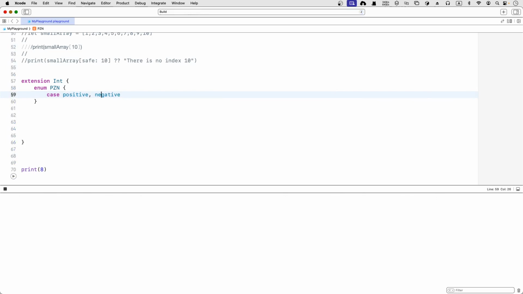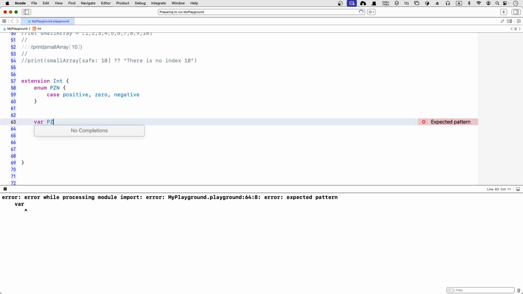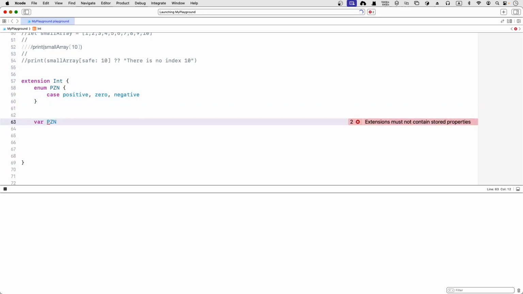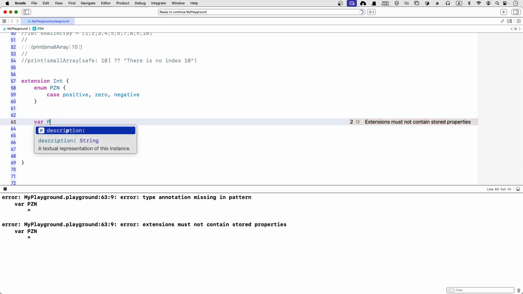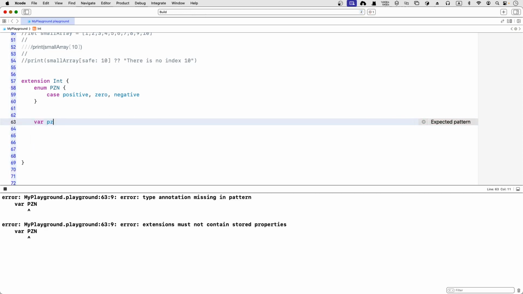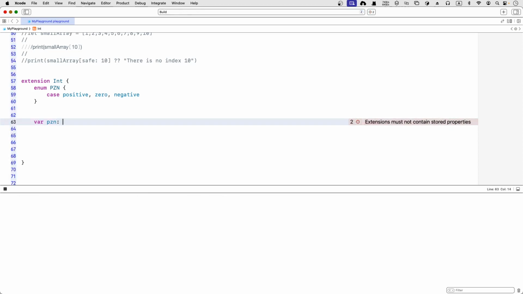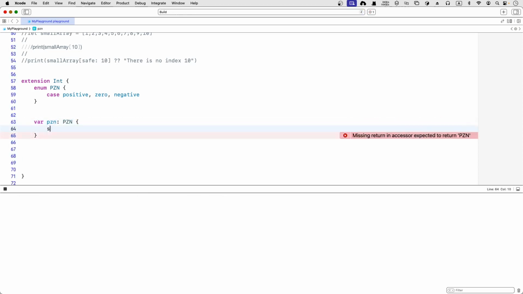Let me just follow the order: positive, 0, and negative. Right, so we've got 3 cases, and we can add a var, say the pzn, not capital PZN. Okay, that will be a pzn. Okay, so you can use switch statements